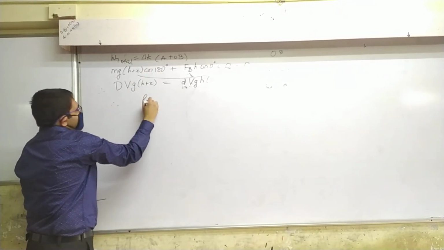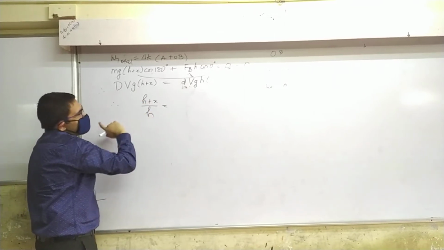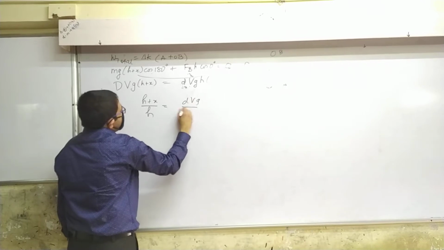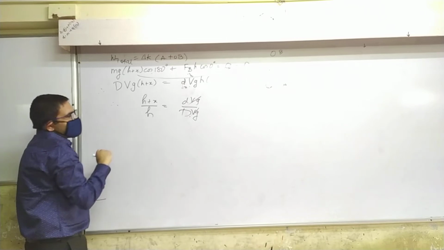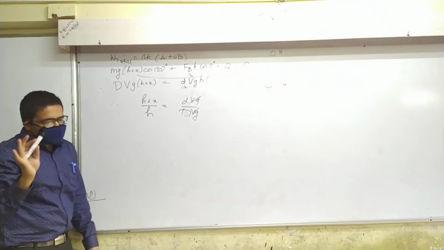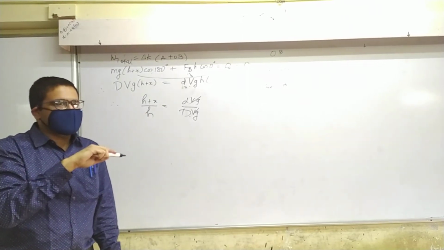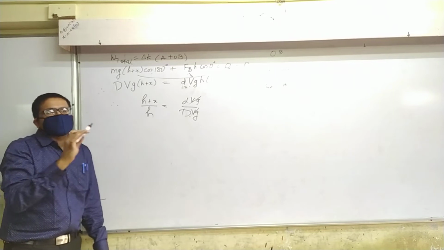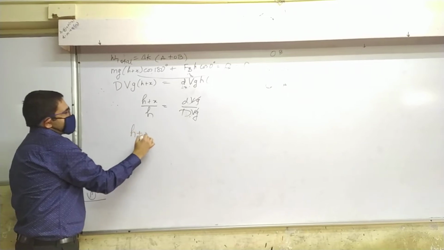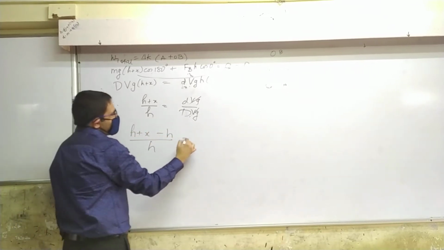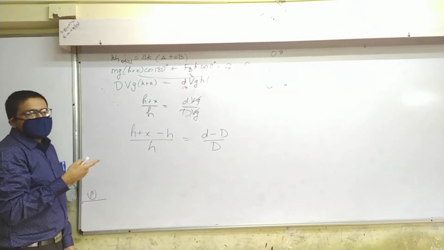Let's see. You could write it as x plus x upon x is equal to DVg upon dVg. Obviously, Vg cancel. So D upon d. Now, you see the magic. Dividendo means you can subtract the denominator from the numerator on both sides. Don't do it on one side only. No partiality allowed. Did you understand what I've done? This is called dividendo.